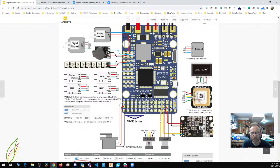And then Smart Audio shouldn't, SmartPort, any unused UART can be connected to any unused UART, except it won't let me set that in Betaflight. So we're going to have to figure out which port. We're going to have to redo the connector